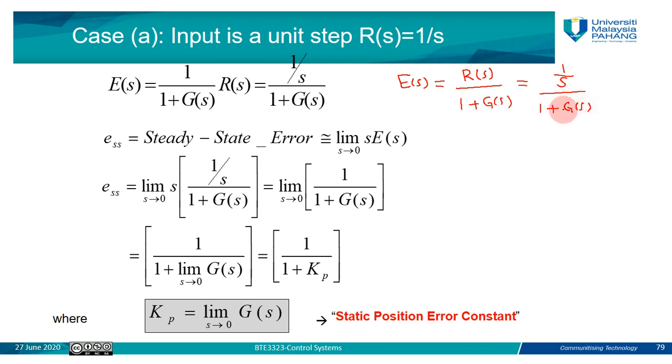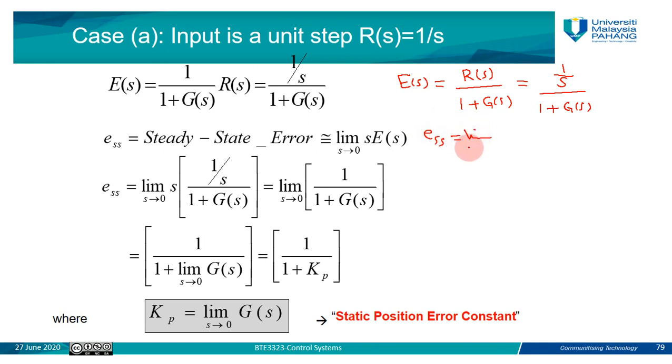Whatever is the value of G(s), this is the derivative for all G(s). Any system, any G(s), you can just substitute here. But the input is 1 over s. Now, if you want to find the steady state error, which is ess, it will equal to